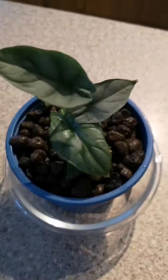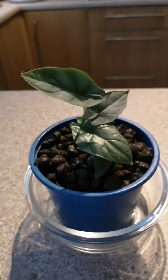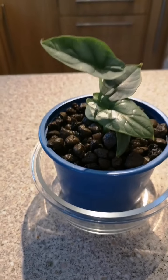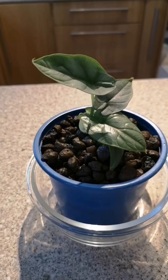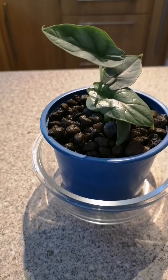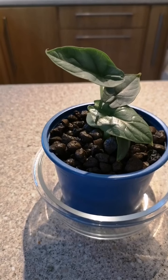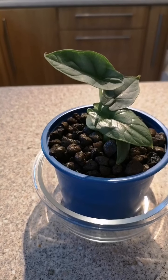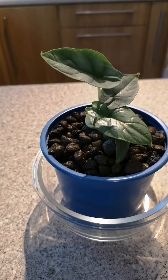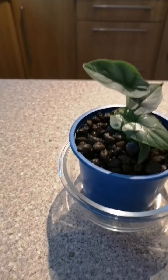Right, so now we've got the plant in there. So what I do now generally is I don't put any water in the reservoir just yet. The Leca is a little wet. Quite often I will let it dry out first, but I won't put any water in the reservoir. I'll let the plant show me that it needs water before I water it. This is so that I don't get root rot, and it makes the transition a little bit easier for the plant. So that Leca will dry out before I water it, and even then I will only spray it from the surface. I won't fill the reservoir up,